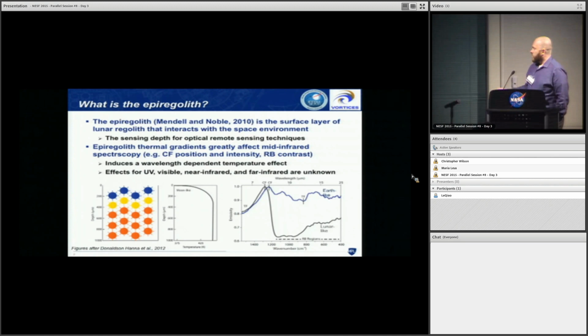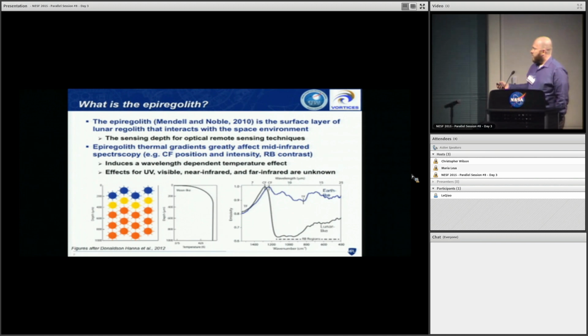It shows that if you have an isothermal surface like an Earth-like or a Mars-like surface, you get an emissivity spectrum that looks like this. But if you put it into a more lunar-like environment, you get an emissivity spectrum that can look something more like that. Basically, what's happening is that you're getting a convolution of the emissivity spectrum and the Planck thermal emission as dependent on wavelength. The CF is a much more transparent region, so you're seeing deeper into the surface than you are at the Reststrahlen bands. So if this is your thermal gradient, in the Reststrahlen bands you might be seeing the top couple particles, whereas in the Christiansen feature, you might be seeing down 5 or 6 particles, and those particles are